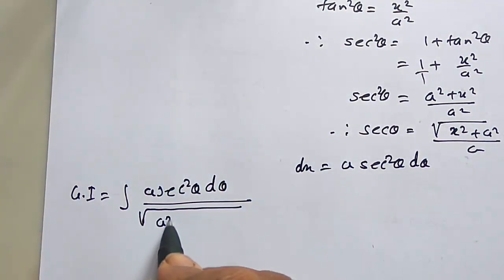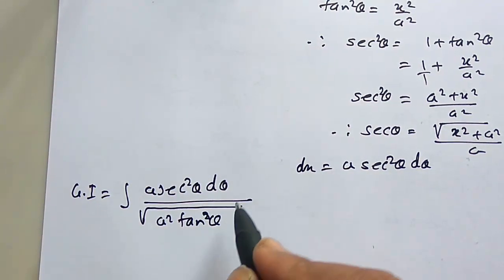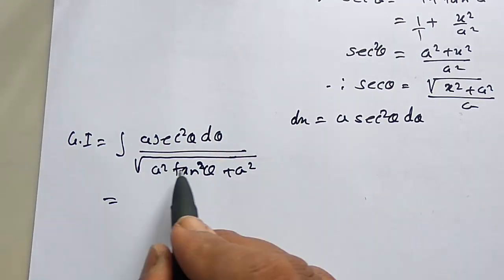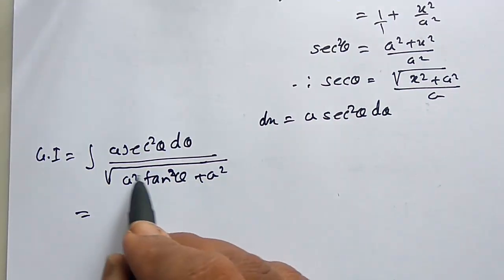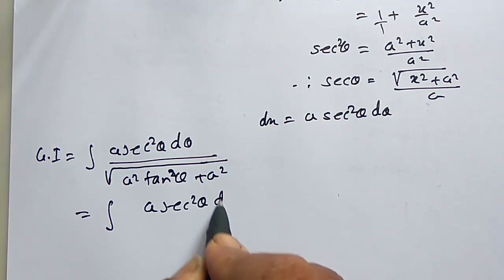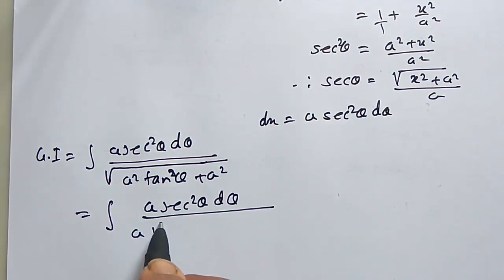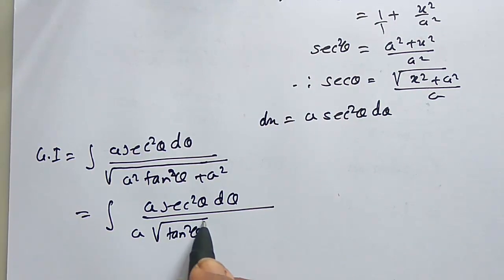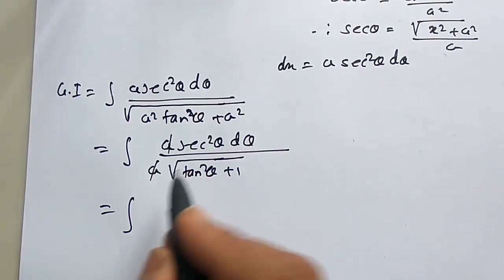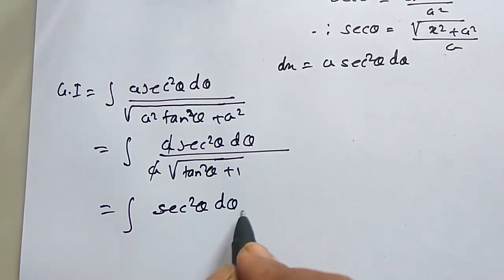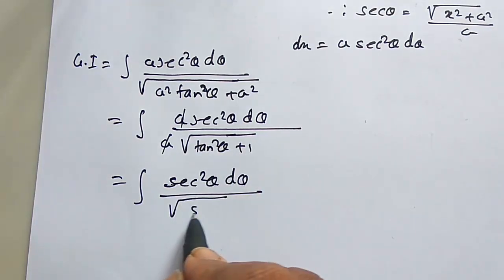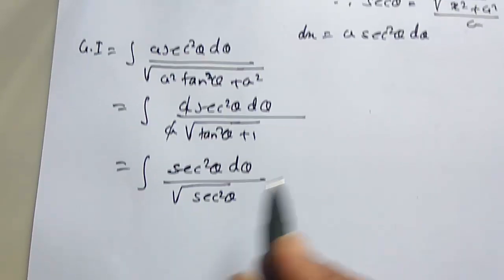x square is a square tan square theta plus a square. Now we take a square common and out of the square root, so it is a sec square theta d theta upon a under root of tan square theta plus 1, which is equal to the integration of, a gets cancelled, sec square theta d theta upon under root of tan square theta plus 1